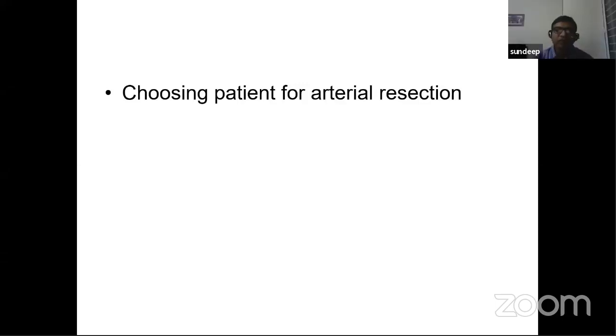No, actually, SMA involvement, in our practice, we don't consider them for arterial resection and SMA reconstruction. We just don't go for surgery at all. Okay, so they are straightforward unresectable patients. Yes, for us, they are unresectable. Okay, and what about if there is an involvement of celiac axis, that would not be in the case of obviously the head of pancreas, but in the body or tail of pancreas. So if that is giving you an R0 resection, would you be keen on offering surgery to these patients?